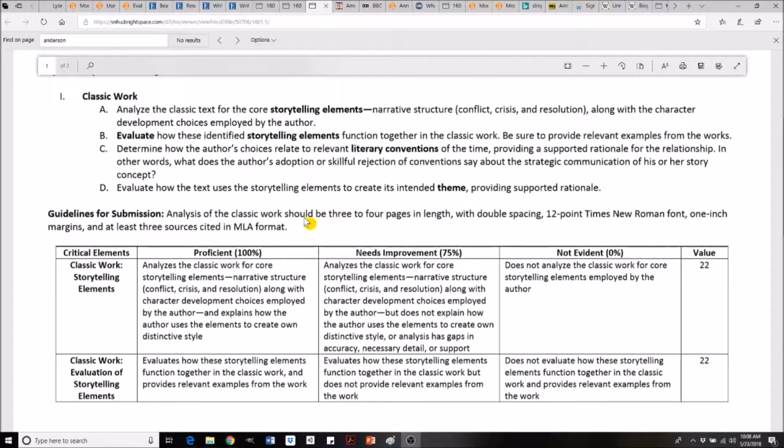And then we have this, so I come down here, 3 to 4 pages in length, and that's in MLA format. Which in MLA format, I think that's about 750 to 1,000 words. Maybe a little more, maybe a little less. So if you were to break it down, each one of these gets a page. You have to be able to analyze these storytelling elements in all of A in one page's time. Same with this and this and this. Of course, it's not going to be divided that neatly, but if I were in your shoes, it's kind of how I would tackle it.